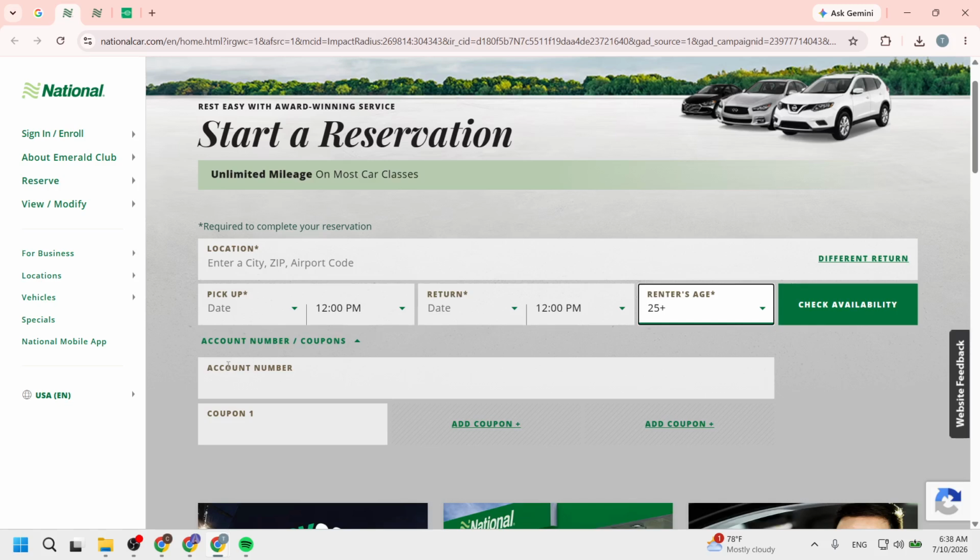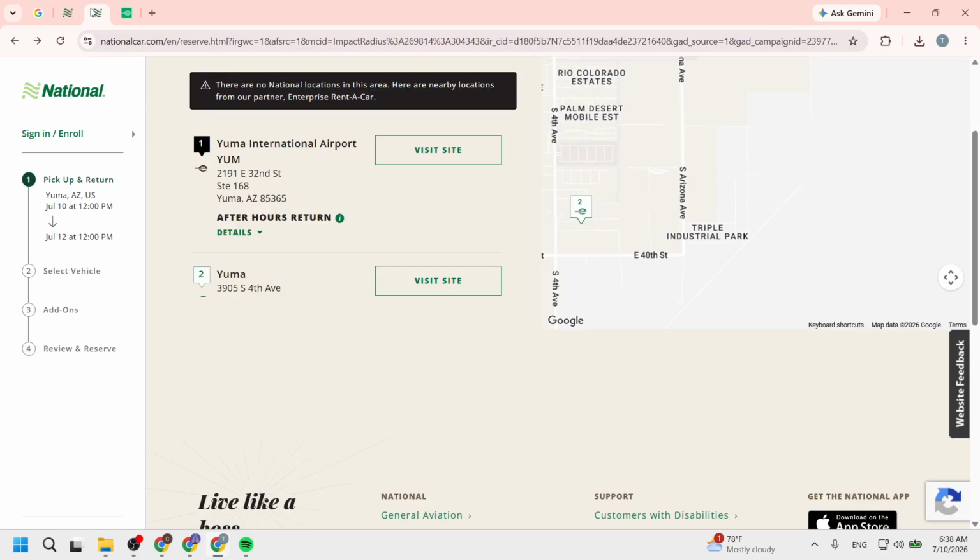With your rental details entered, look for the field that is right below where you added your location and dates. This field allows you to enter your account number and coupon code. Enter the coupon code carefully and then click on the Check Availability button. This is a significant step because it applies your coupon to the rental options available. If done correctly, you will see the updated prices reflecting your coupon discount.